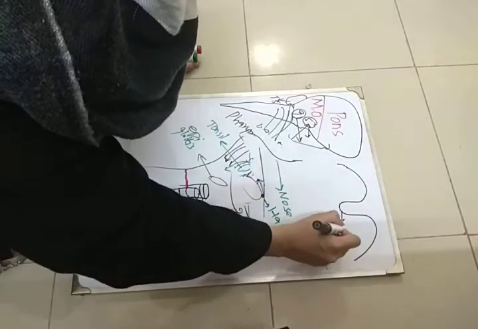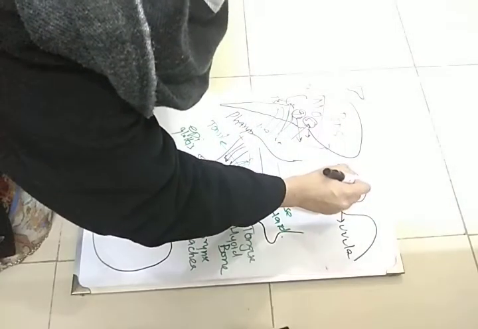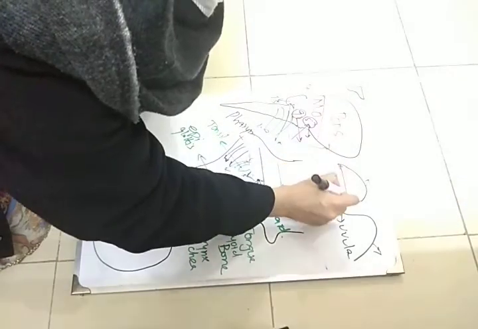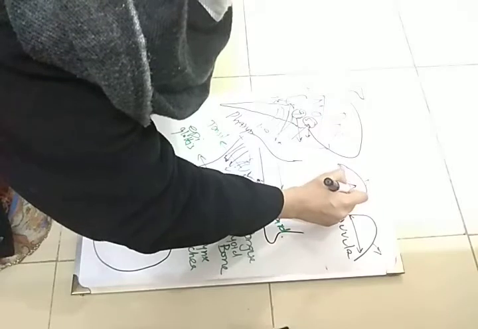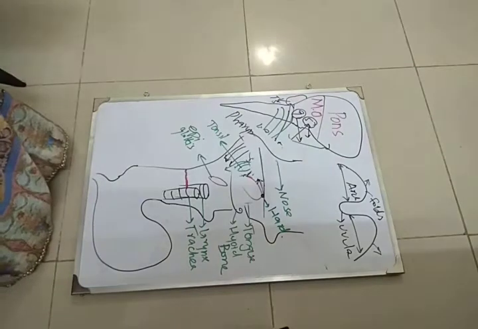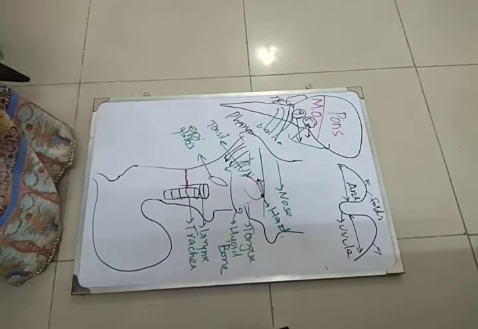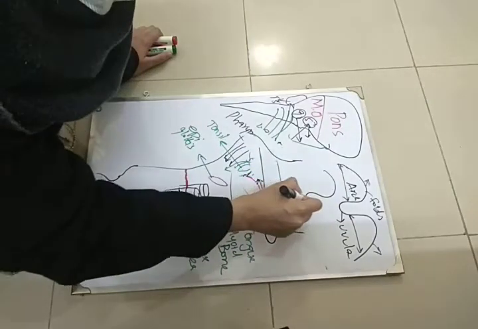This is the uvula. And these are the palatopharyngeal folds. This is the palatopharyngeal arch. This is the arch and these are the folds. Which folds? Palatopharyngeal folds. So during swallowing, the palatopharyngeal folds will move medially